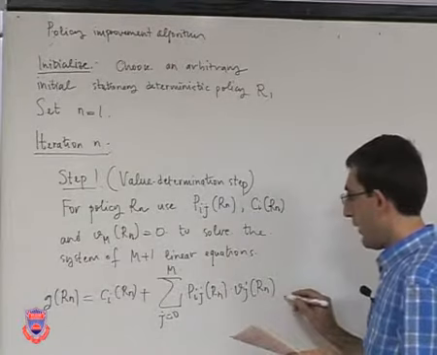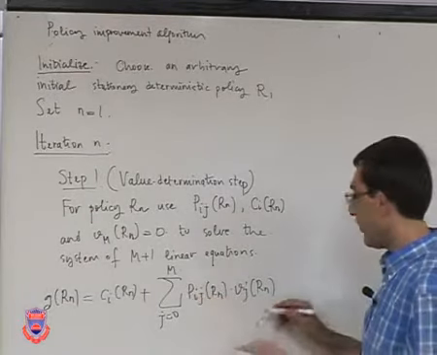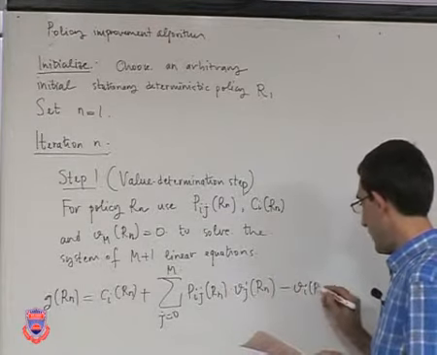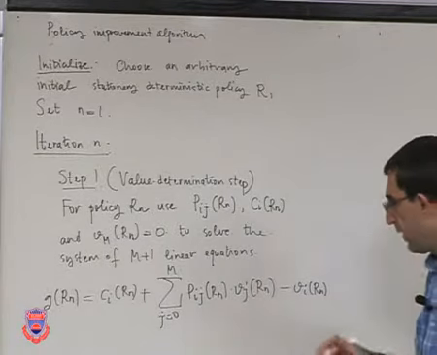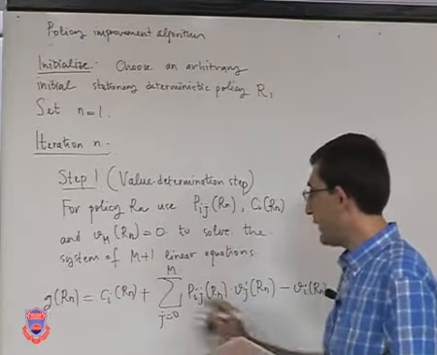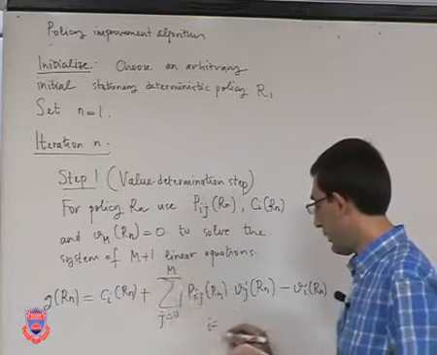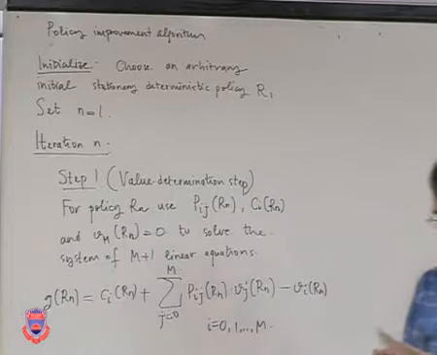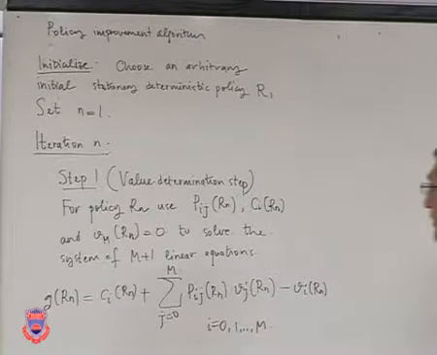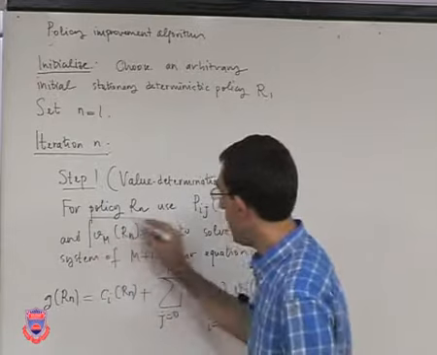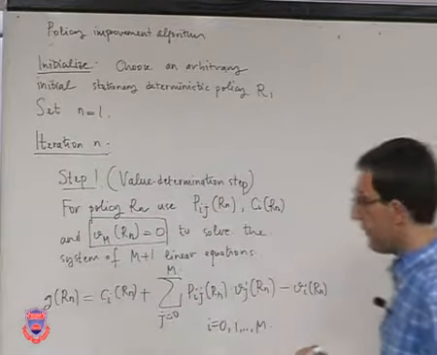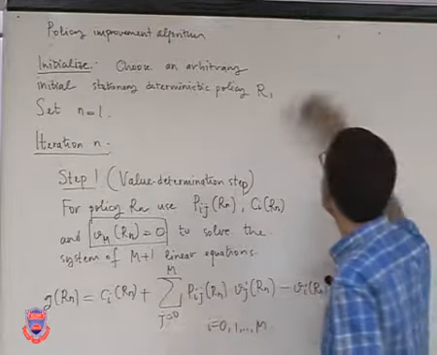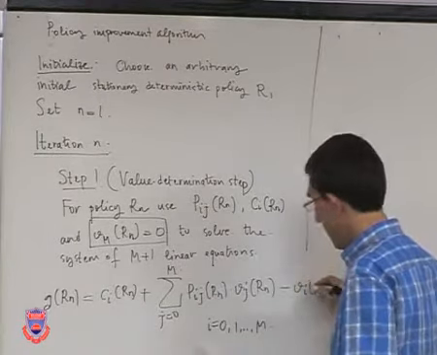What is missing over there? The relative value of state i under the same policy Rn. There are n plus 1 equations, one equation for each state between 0 and m. We never forget that we have another equation hidden there. When you use all of them, we know that this system has a unique solution